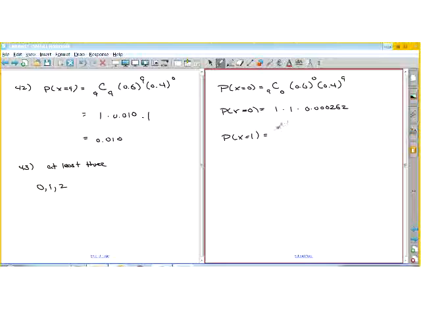The next one, probability of 1 person, and you have 9 taken 1 at a time, 0.6 to the 1st power, and 0.4 to the 8th power. When you have 1 as the second number in the combination description, it's just the original number. Then you have 0.6 to the 1st power, and then 0.4 to the 8th power, which is